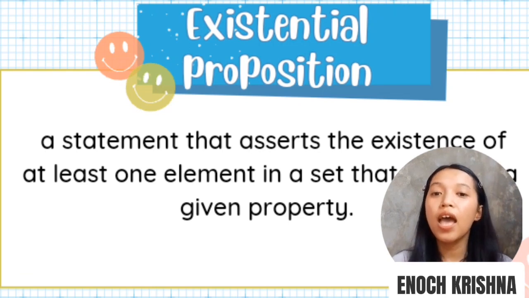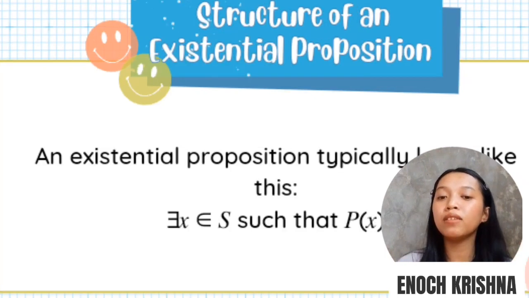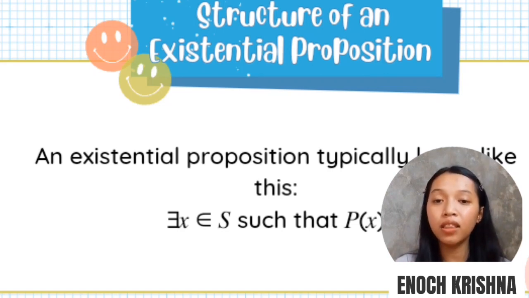Existential proposition. In math, it is a statement that asserts the existence of at least one element in a set that satisfies a given property. So we have the existential quantifier. In mathematical logic, the existential quantifier is symbolized by this. It looks like a mirrored letter E, right? Which means "there exists." So for example, how can we read this statement? Basically, this reads as there exists an element x in the set S such that the property P(x) is